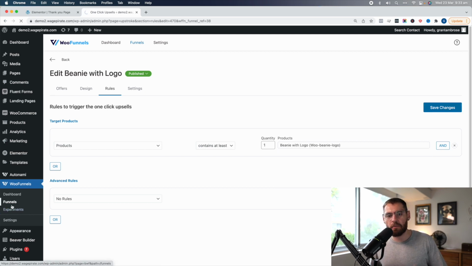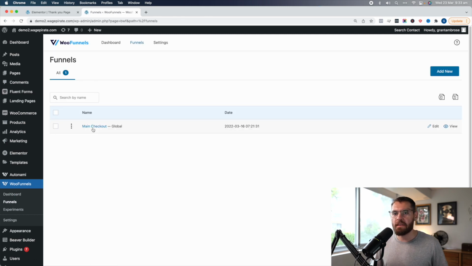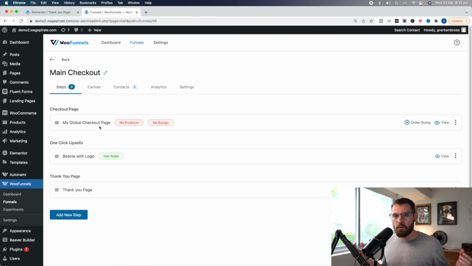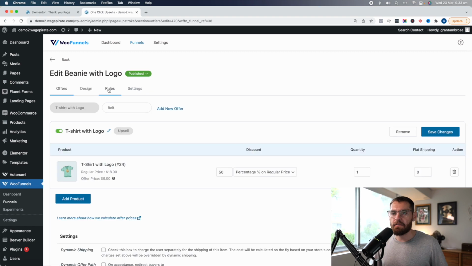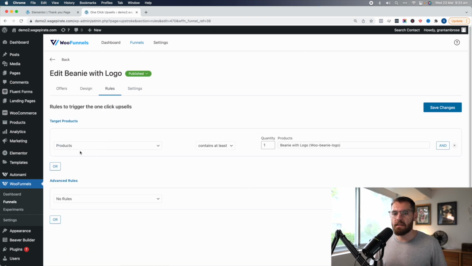So to summarize what we've just done, if we go back to our funnels, this is our main funnel for our entire website. When somebody purchases from our global checkout, so i.e. the normal checkout page on our WooCommerce website, it will go to this next step, which is our one-click upsells. And if we click into this, if these rules are met, which is the products in the global checkout that were purchased by our customer were at least one beanie with logo,